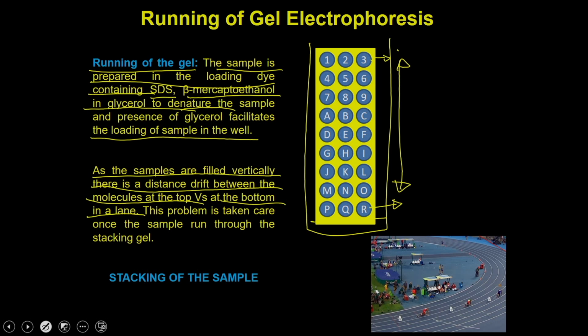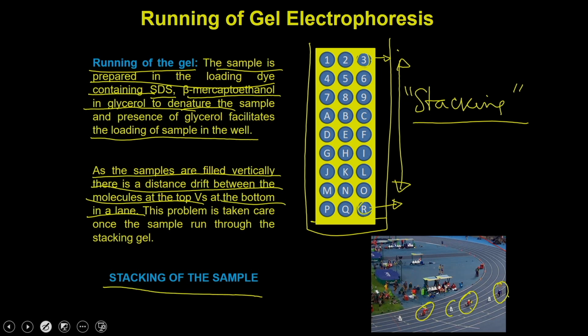You can understand that simply by looking at a racing track. If you see a racing track, the players are sitting at very different locations, because at these different locations the diameter of the circle is different, but in this case you do not have such options. So, what you have to do is by any means bring the 3 and the R together, and you can do that simply by stacking the sample. Now, the question is how you can stack the sample. To stack the sample you first have to put a stacking gel.